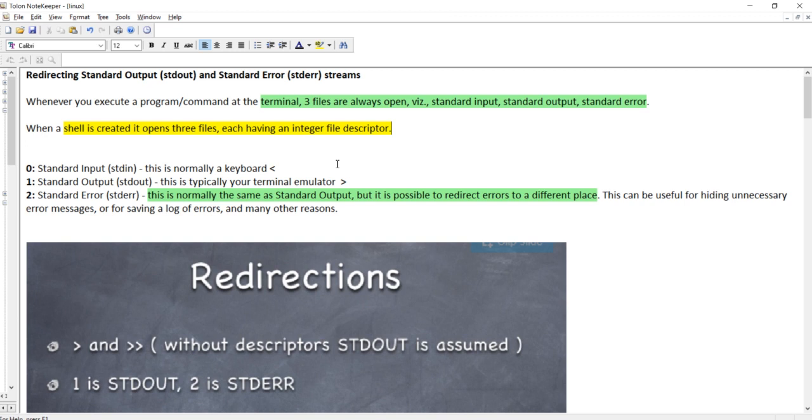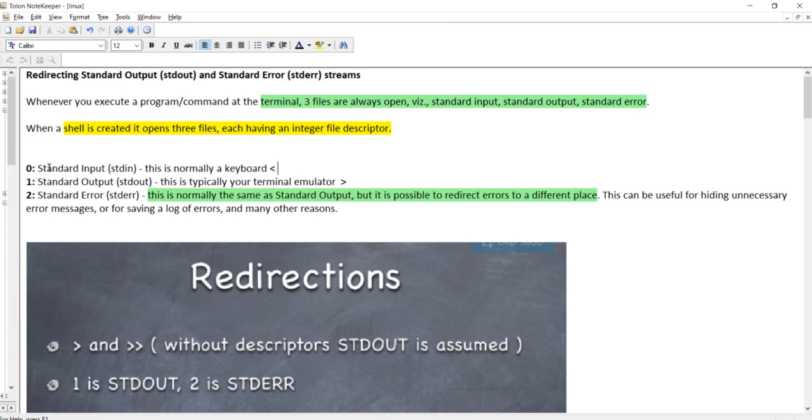We can also override this. So whenever required, using standard input, output and error, we can modify where we want to redirect our input, output and standard error. We will also discuss real-life scenarios where it is useful to us.